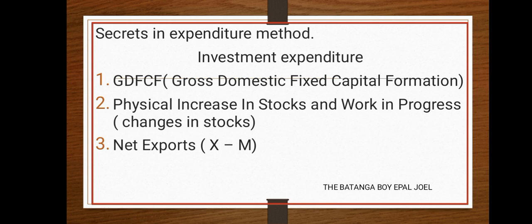So it involves gross domestic fixed capital formation plus physical increase in stocks and work in progress. The physical increase and work in progress is the same as changes in stocks. So in your data, they will either give you